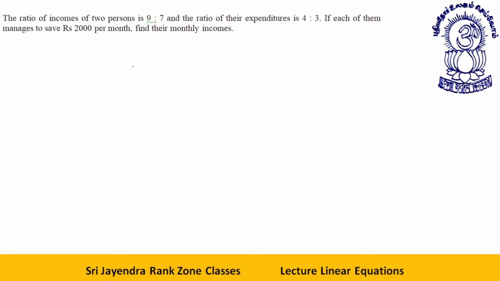See, what I will say is incomes, they will be like 9x. I will tell you a very good shortcut of this question, but let me tell you the conventional method first. 9x and 7x. This is first person upon second person, or let's say A by B. Incomes of A and B is A by B. Now I talk about expenditure. If I talk about expenditure of A and B, it will be A by B, that will be, let's say, 4x by 3y.